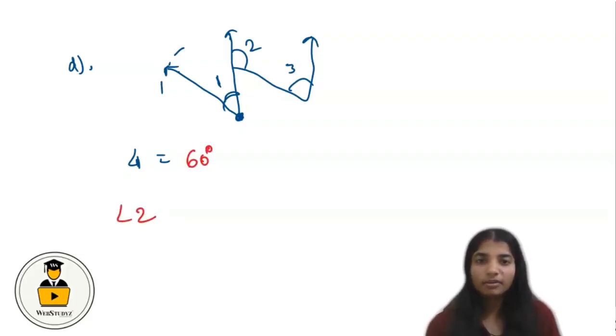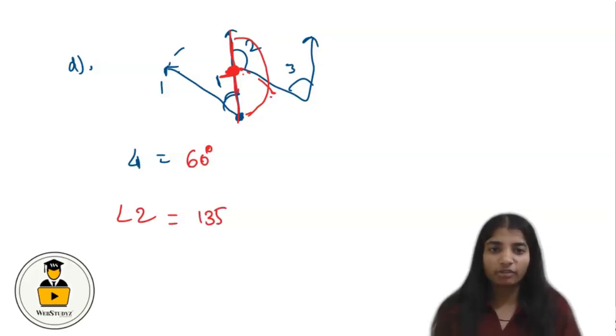Now considering angle 2, this is our angle 2. Again we are going to place the protractor here at that edge. The center of that protractor must be there, and using the scale we can find out the value, as it is clearly visible that this value must be greater than 90 degrees. When we calculate this using the protractor, we get the value as 135 degrees.